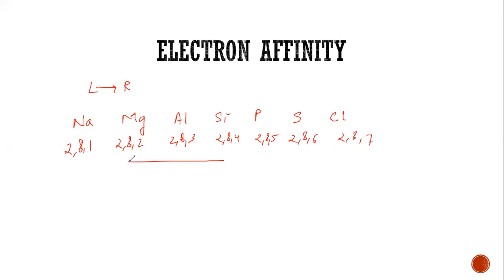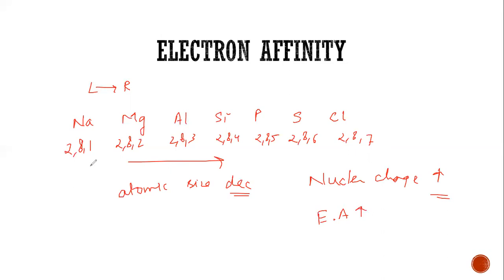As we are moving left to right, the atomic size decreases, and as the atomic size decreases, the nuclear charge will increase, because of which the electron affinity will increase. When we are moving from left to right, the number of shells remains the same. The electrons are added to the valence shell, and chlorine will have the highest